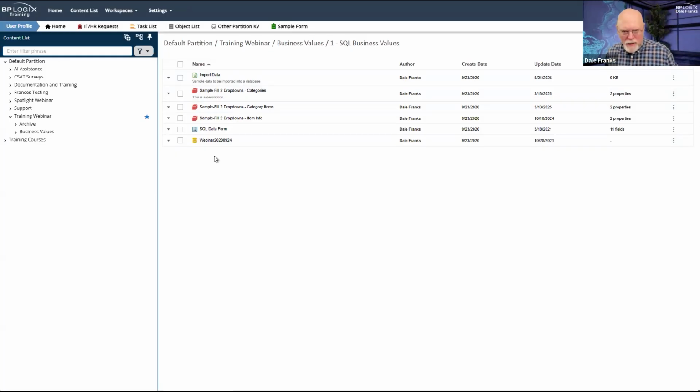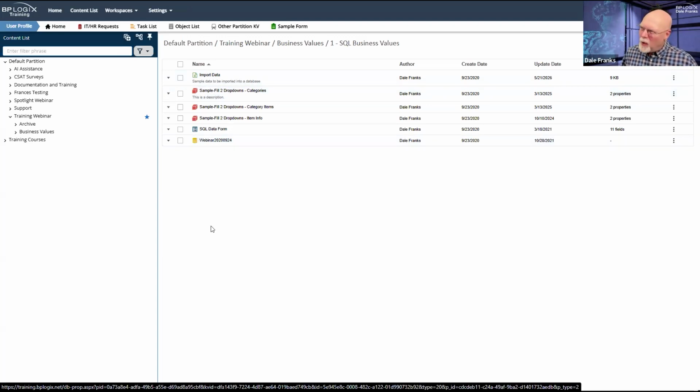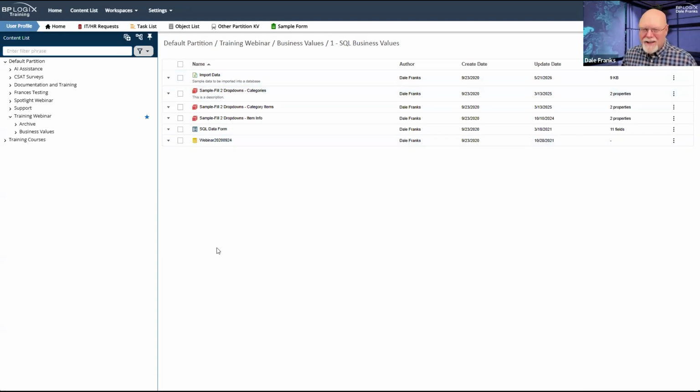To run a SQL business value, you're going to need 2 things. One is a data source that is accessible from Process Director. If you're a cloud customer, you may not have such access.